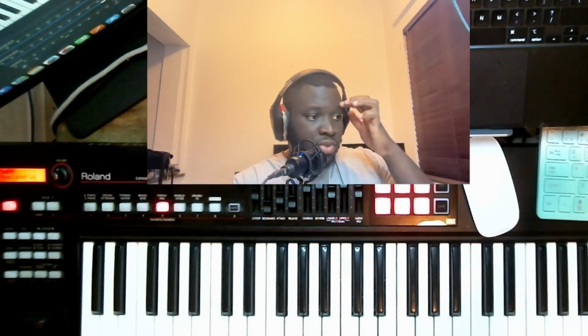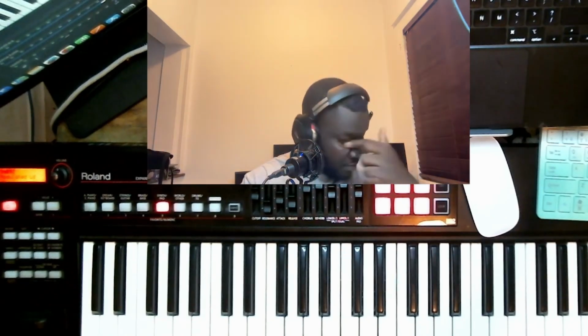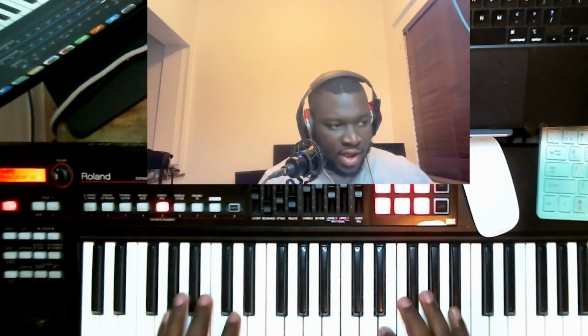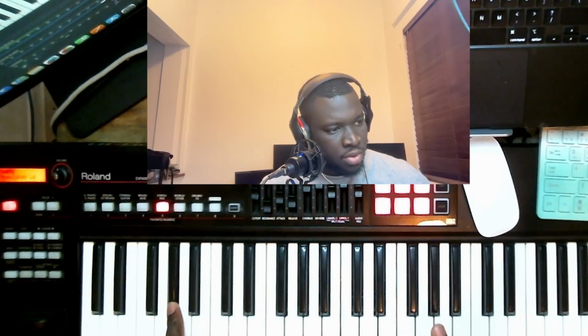Right, so this is the one which I use the most. But if you notice something, what do I mean by the portamento switches on? If I want to play these two notes, if I try to play them together, only one will play, right? But then if I do this, that means the portamento switches on, because you can't play